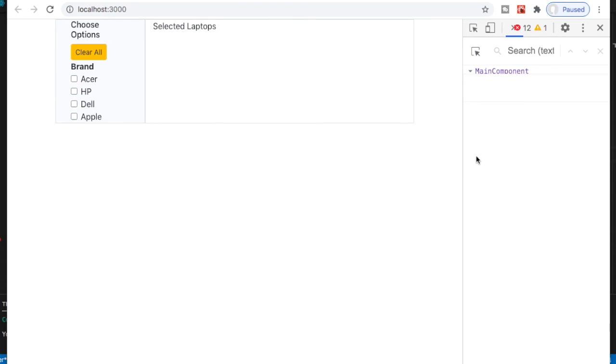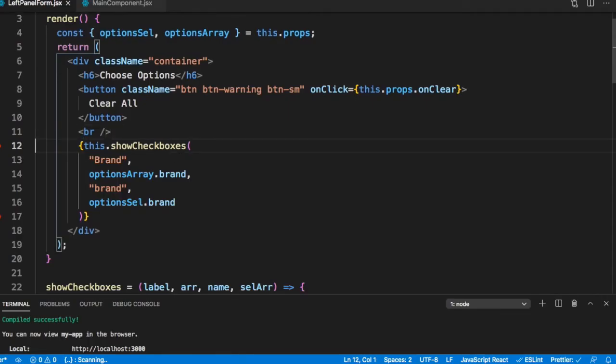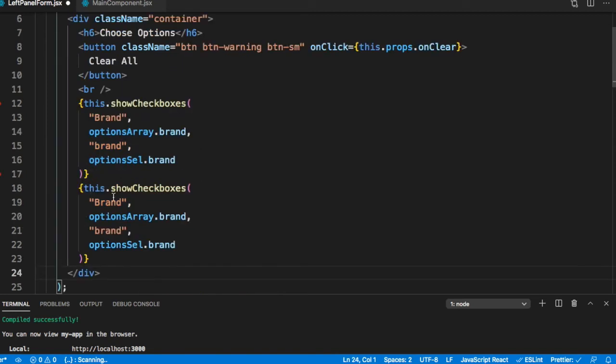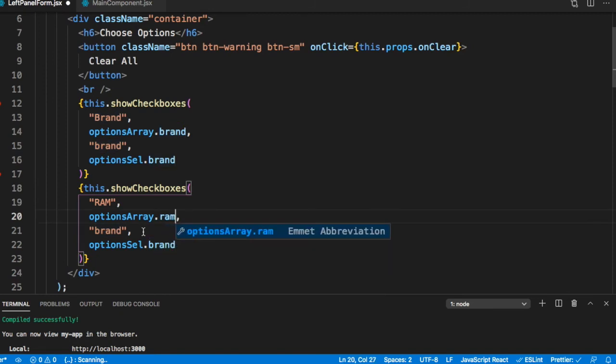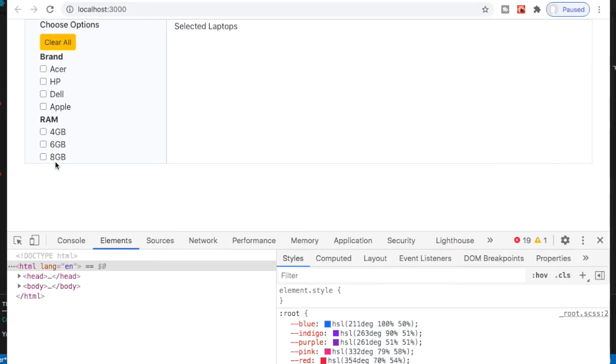So we get our choose options, and we get all of this is working reasonably fine. Let's show our next option. So I'll just copy. So the next is we want to show RAM. Let's test this one. So we get all our RAM options.